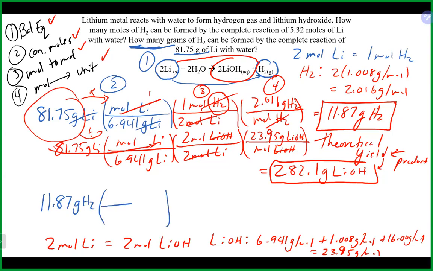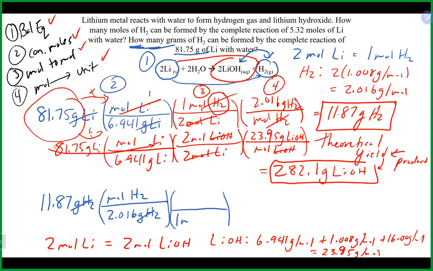I could do the mole to mole relationship between hydrogen and lithium hydroxide from the equation. But before I could do that, I got to convert it into moles. So 2.01 grams of H2 per mole of H2, which is the molar mass we used earlier. And that's going to get us into moles of H2. And at that point,